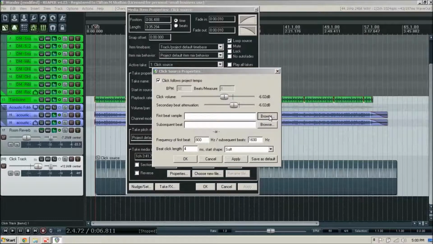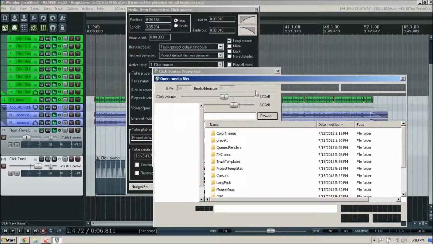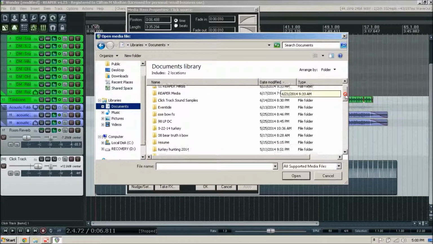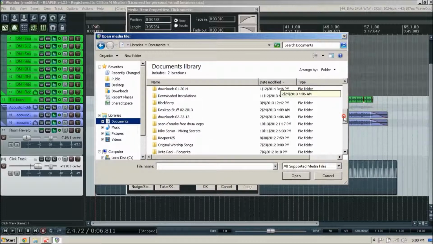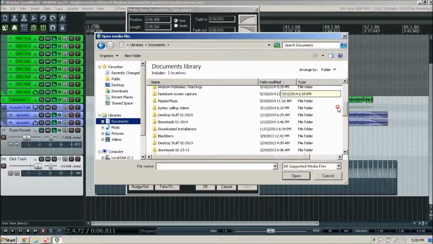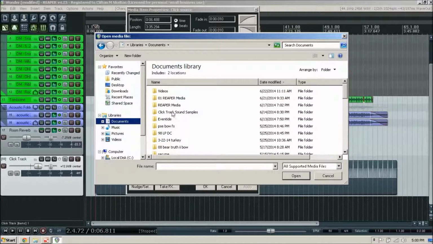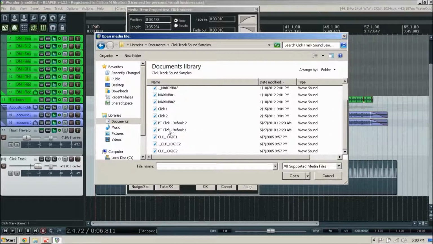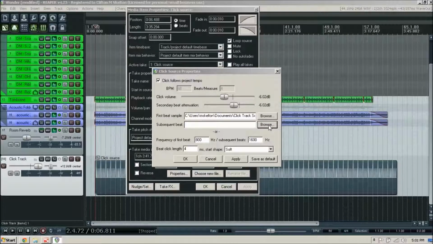What I've done is I've gone out to the internet and searched around, and we'll go do that. Let's go to Documents, and let's go to, where is it here? Bear with me just a second. I think I just missed it. Here we go. Click track sound samples. If I come in here, I've downloaded several different sound samples. In fact, this is the Pro Tools default click number 1 and the Pro Tools default click number 2. So if I select that for my click 1, come back here,